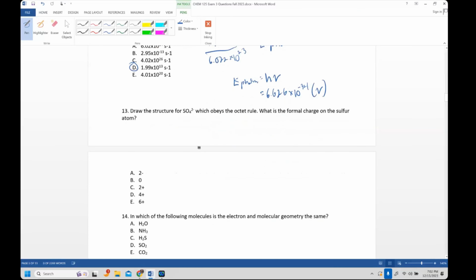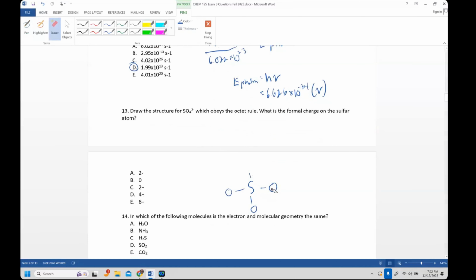D. Okay, moving on. Draw the Lewis structure for SO4 2-, which obeys the octet rule. What is the formal charge on the sulfur? Normally, this SO4 2- may not obey the octet rule, but it's saying that we want to force it to obey the octet rule. So let's just start out with